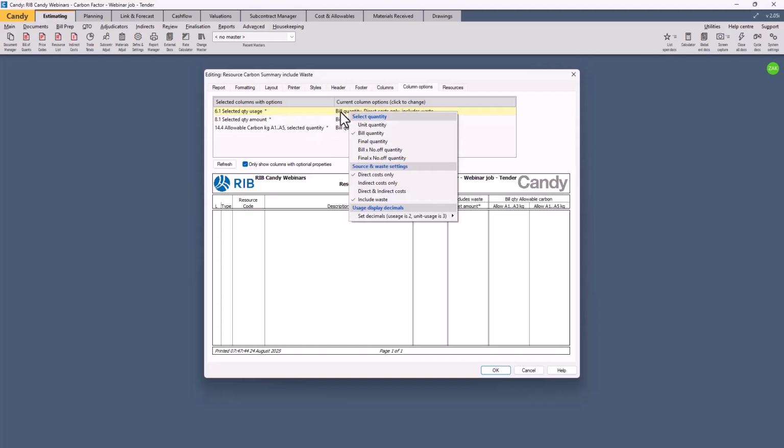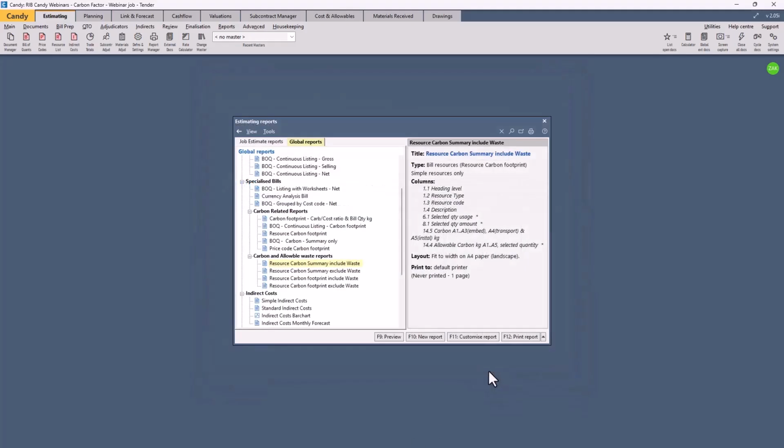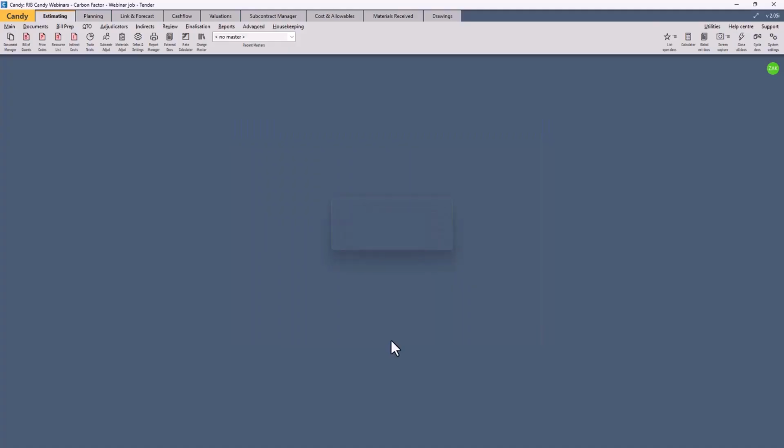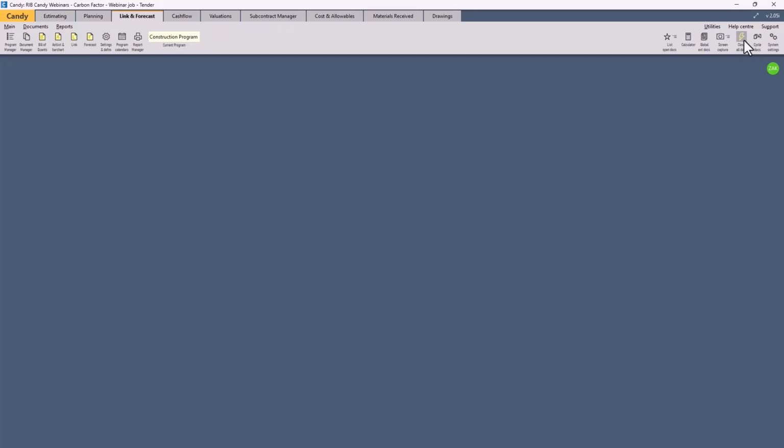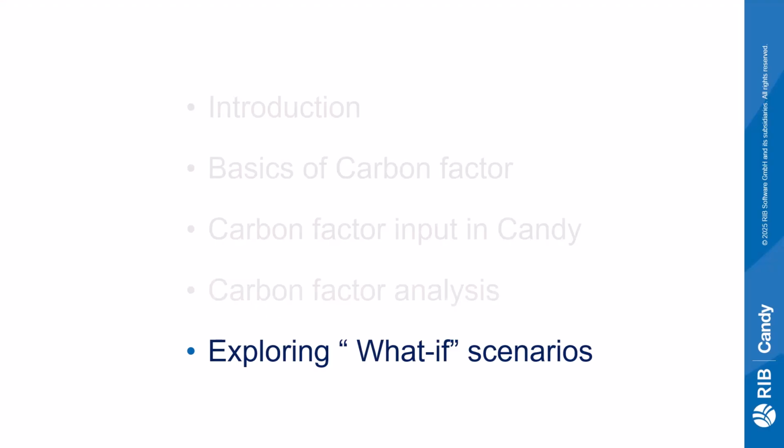And you can just right click in the options to change what you want to see: bill quantity, direct cost only, include wastage. For exclude wastage, you untick the box. It's been set up as including wastage. And then obviously when you preview that, that will be including the wastage. Right, let's close that. Let's clear the screen and explore how Candy can be used to propose alternative methods and